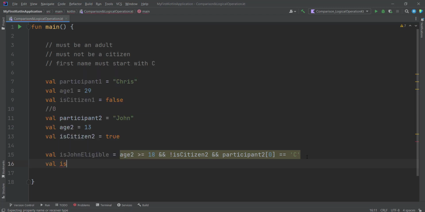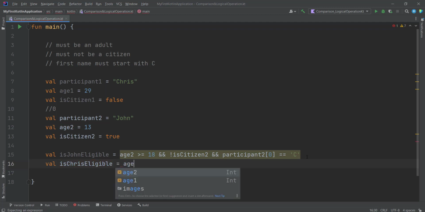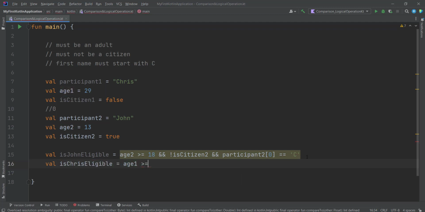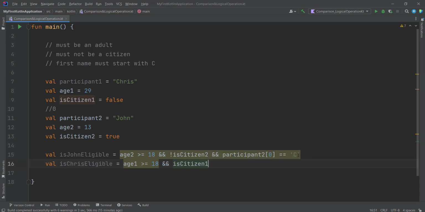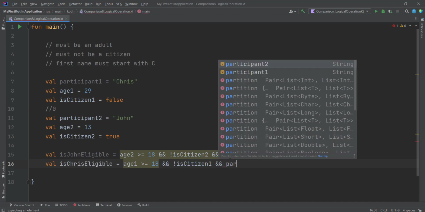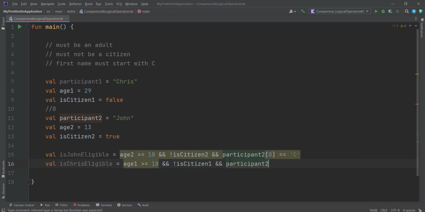So is Chris eligible equal to age 1 more than or equal to 18, and is not a citizen, so citizen 1, it's false, so with the not operator it's going to be true, and the letter of his first name must equal to C. So participant 1 name equal to C,